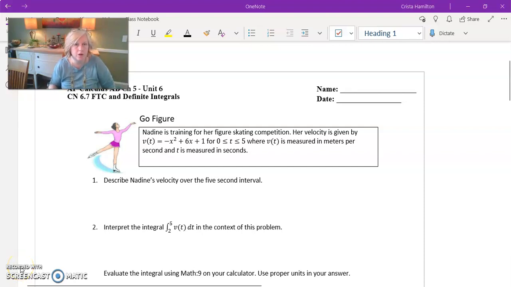Okay, good morning. We're going to talk about the fundamental theorem of calculus and more of its direct connection to the definite integrals and kind of work on that in today's set of notes. So this is really the kind of continuation of what we had learned with the fundamental theorem of calculus before